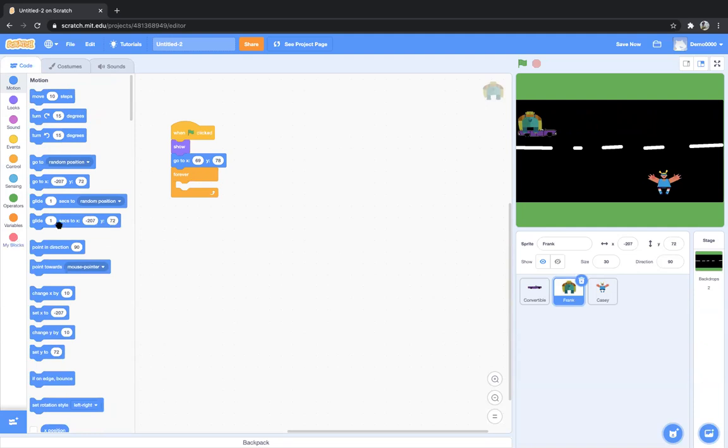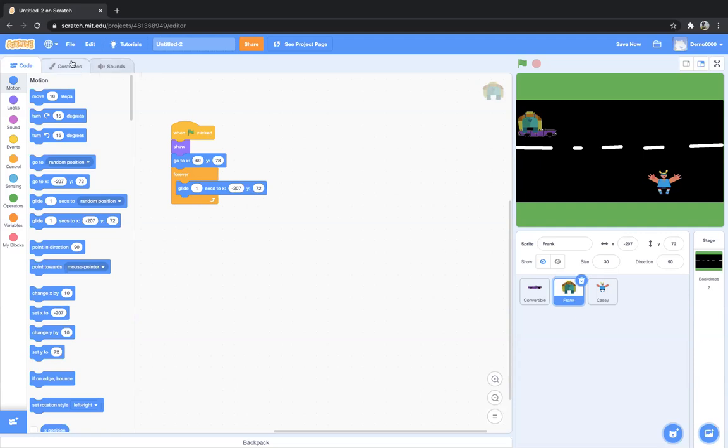So I'll use this glide block and place it here. That means Frank starts from this position, X 69 and Y 48, and then it will take 1 second and glide to minus 207 and Y 72.